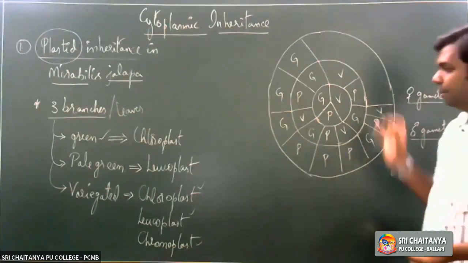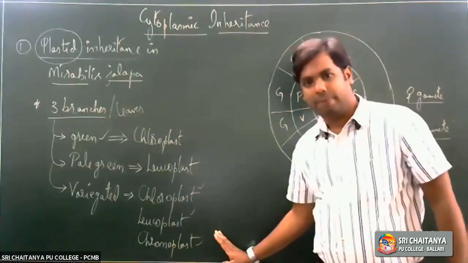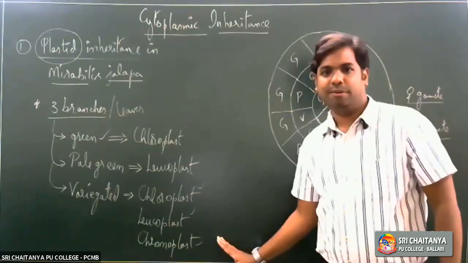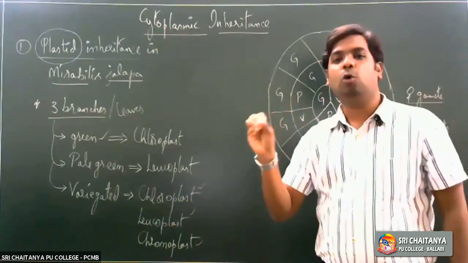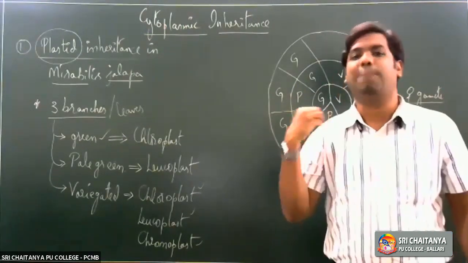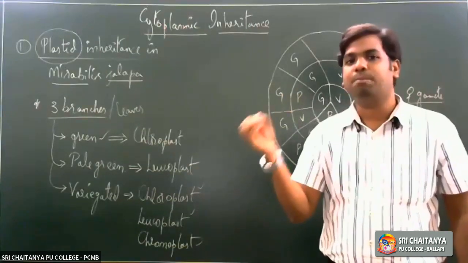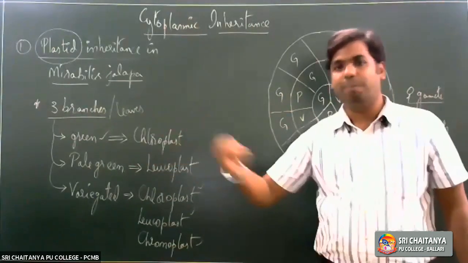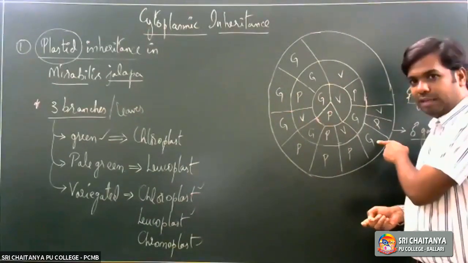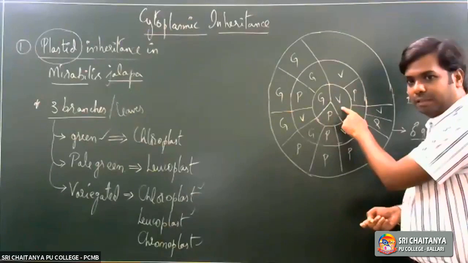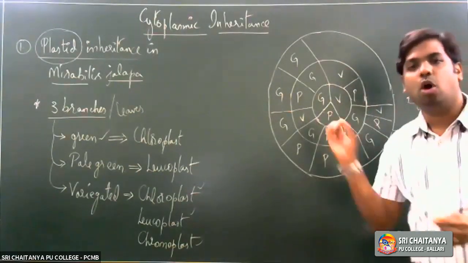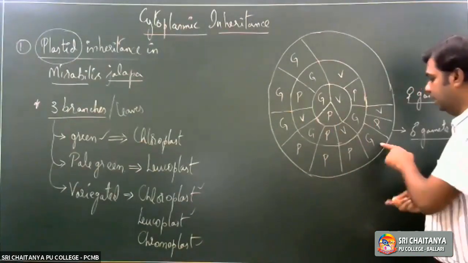See, what exactly happens is, if all three plastids are present, try to understand this, whichever plastid goes in maximum quantity, whichever plastid goes in maximum concentration, that type of color would actually be expressed. So if you see in the first case, we are telling that the offspring is green. So what does that mean? From the variegated mother, from the cytoplasm of the female gamete, the type of chloroplast which has gone in more is said to be chloroplast in this case.